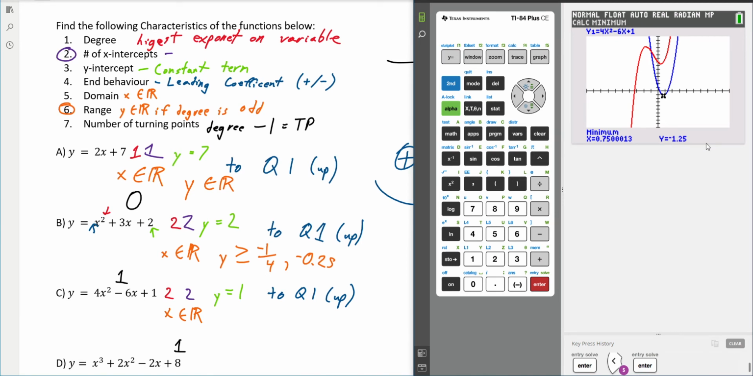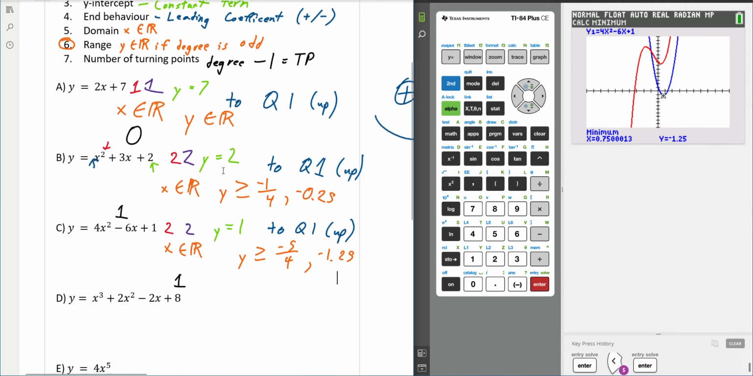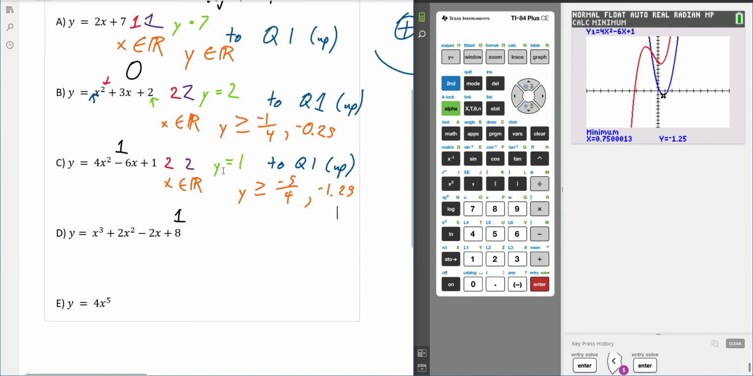So now what are we going to do? Let's write down the minimum is that y is greater than or equal to negative 5 quarters, or negative 1.25. And that's it. So the other function is the one in red, and we can see that there is one